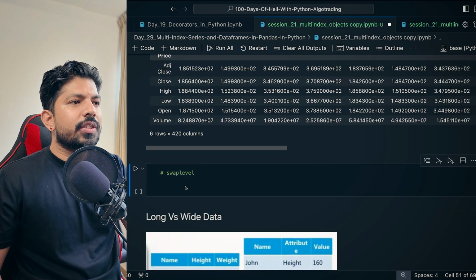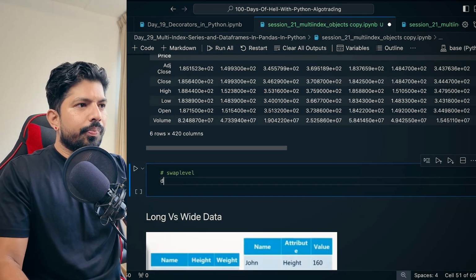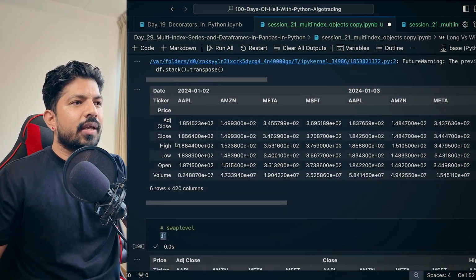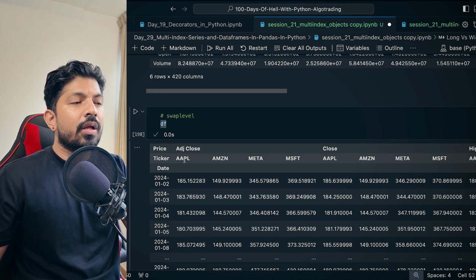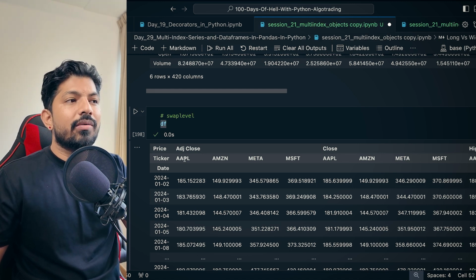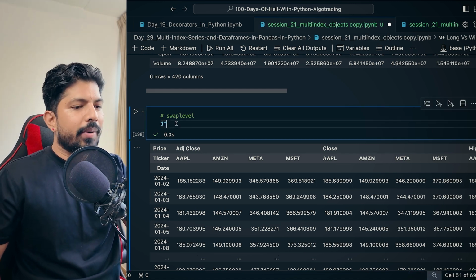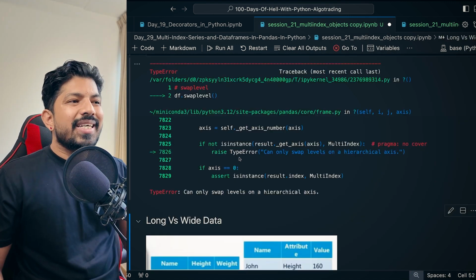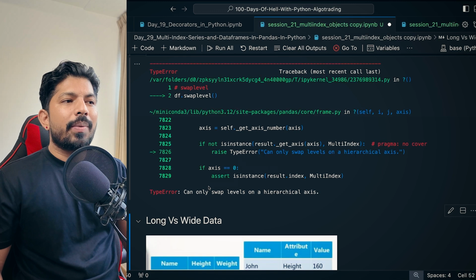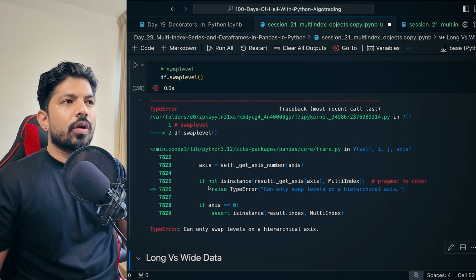Now, the last one is the swap level. So this is the original index. And if you want to swap the levels, like level 0 and level 1, if you apply the swap level, level 1 becomes level 0 and level 0 becomes level 1. So let me apply that swap level and hit shift enter. You will see that it says can only swap levels on the hierarchical index,